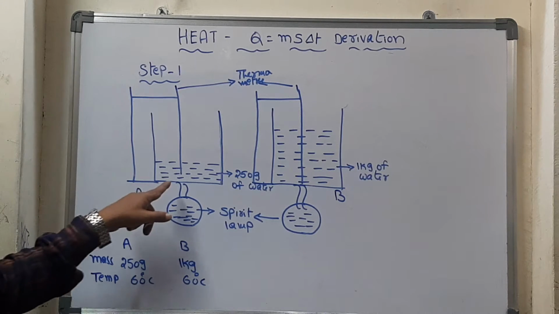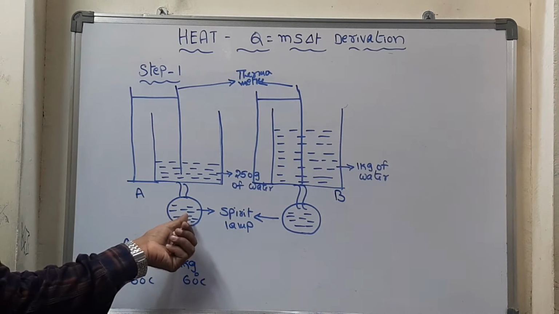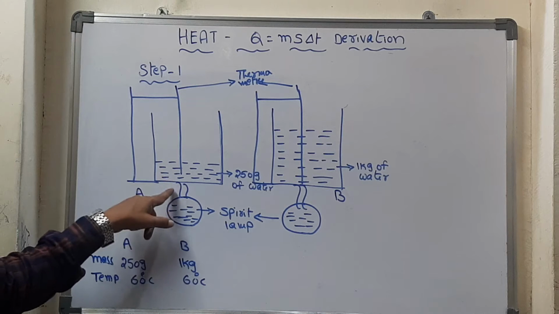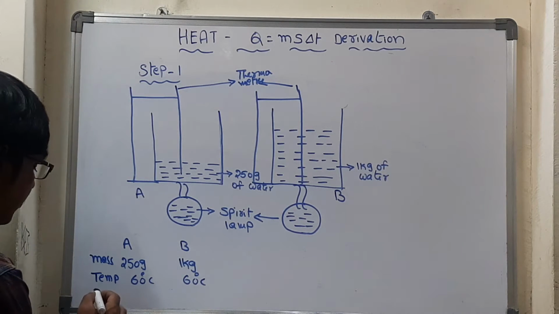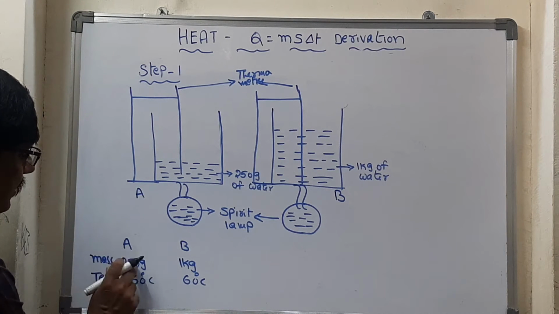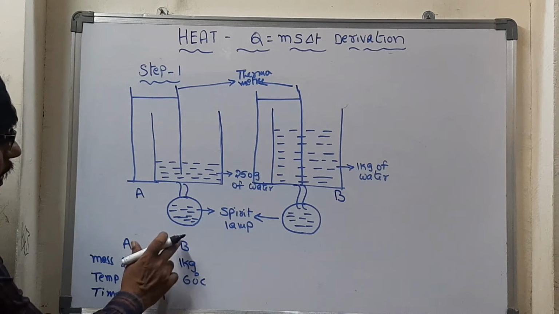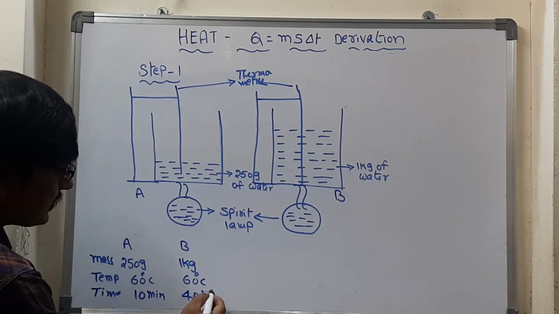Okay. At the very beginning, when we are about to start the heating, we are supplying heat Q. At that time itself, use the timer and find the time. You can note the approximate time. Once it reaches 6 degrees Celsius, let us assume the A beaker water has taken 10 minutes, and the B beaker water will take nearly 40 minutes approximately.